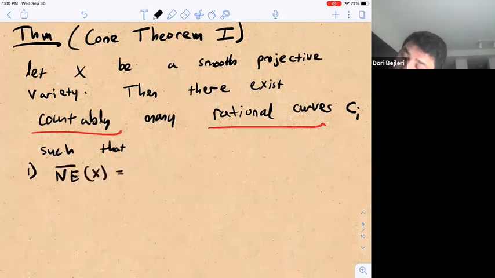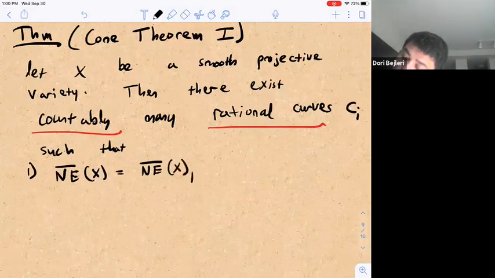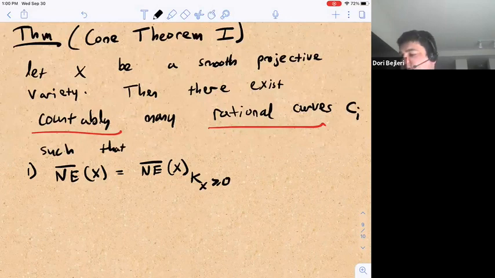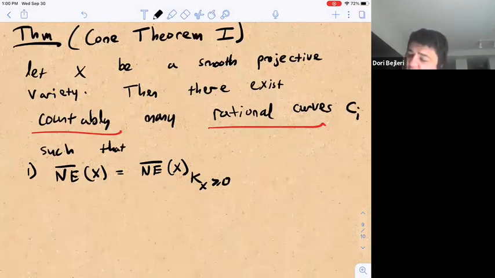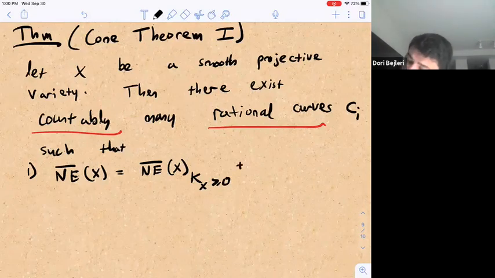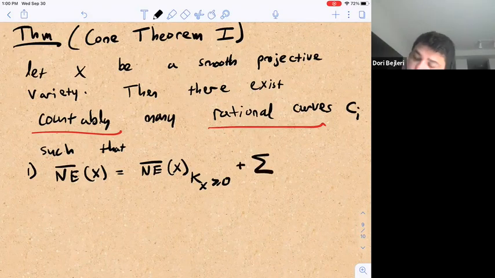the cone of curves is of the form stuff that intersects the canonical non-negatively, which we can't say anything about. And in fact, we saw some examples where we can't say anything about this, like in the abelian variety case, where there was some round cone and that's it. Plus some sum of these countably many rational curves